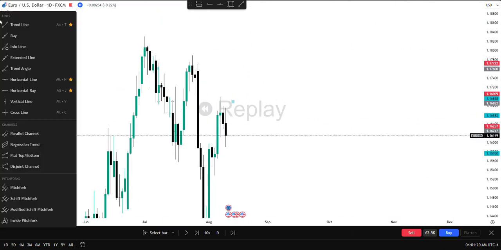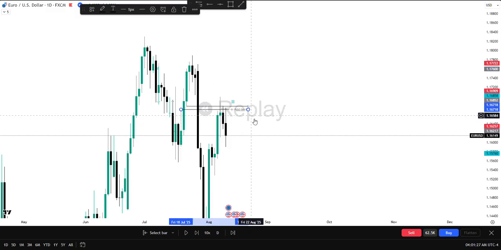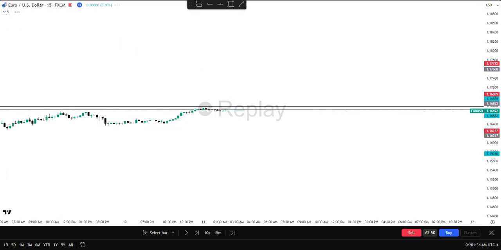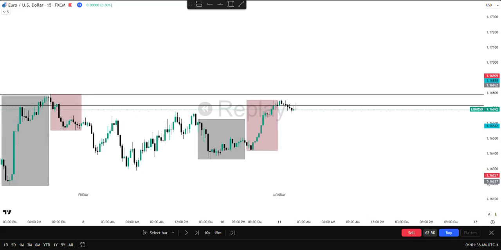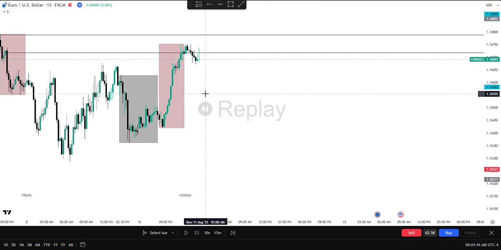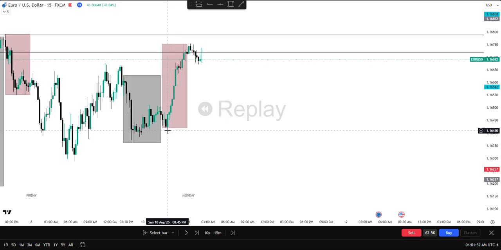So I should put these levels in. This is an inversion fair value gap in a premium of the range from here to here. We clearly respect it here and here. So we can see bearish movement coming into the next week, but not bearish for the whole week because weekly we're trading higher, so just for day trades, intraday. So as you can see, not tight ranges at all.